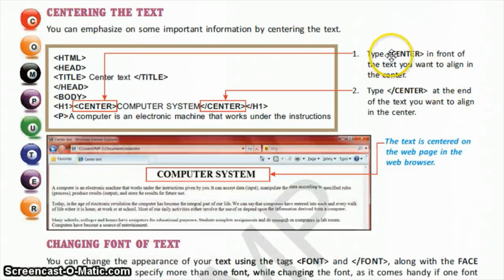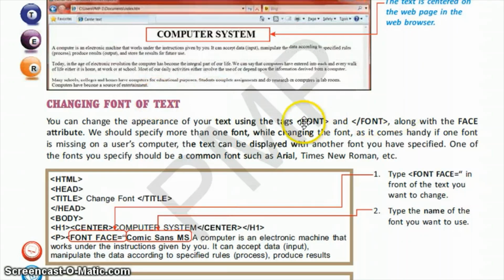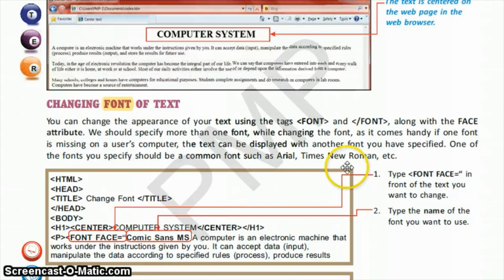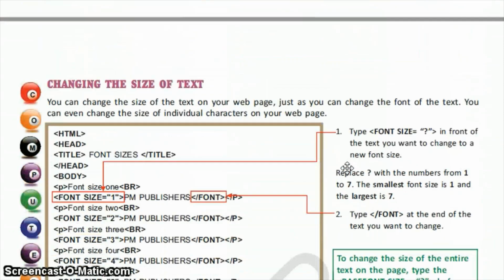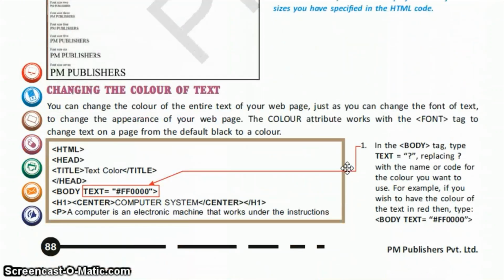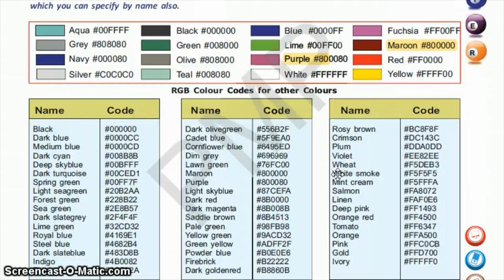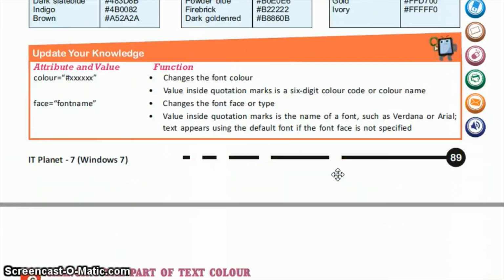Then we have the center tag for centering the text and the font tag for changing the font of the text. In this way we can change the formatting. We can change the size, color or the different writing style of the font.